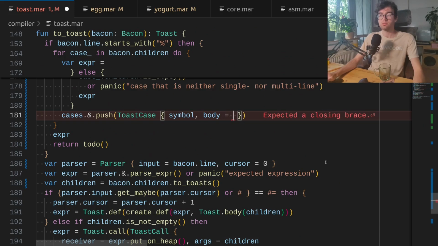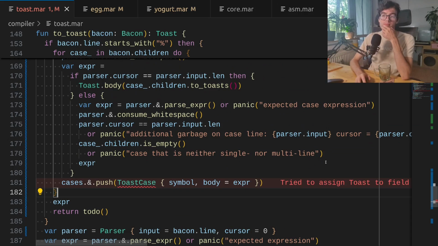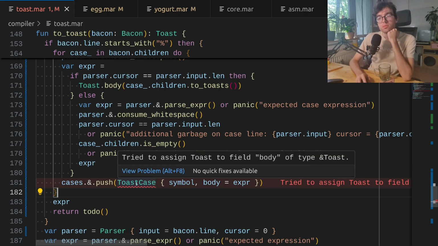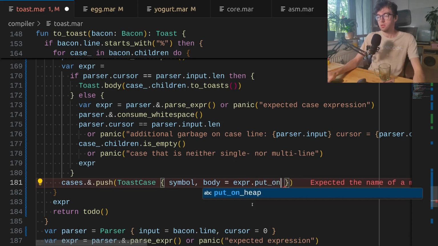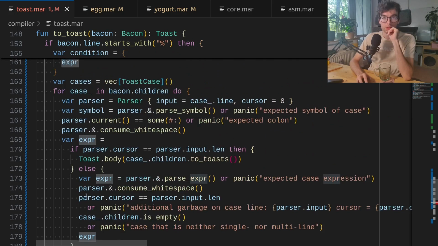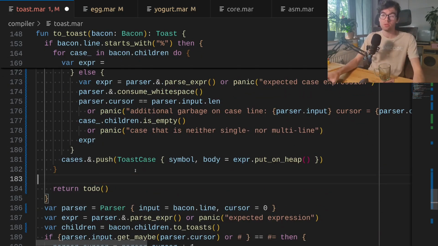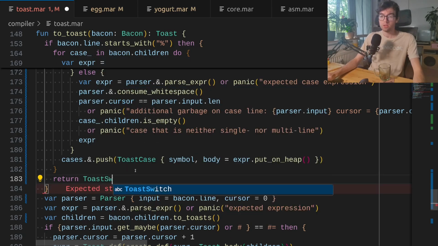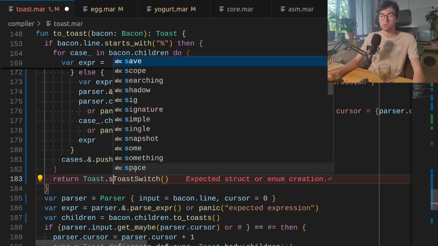Which is the expression. Try to assign toast to field body. Oh, right, because this needs to be on the heap, needs to be a pointer, a reference. Right, and then we have the cases. So the next thing would be to return a toast switch. Oh, sorry, toast.switch